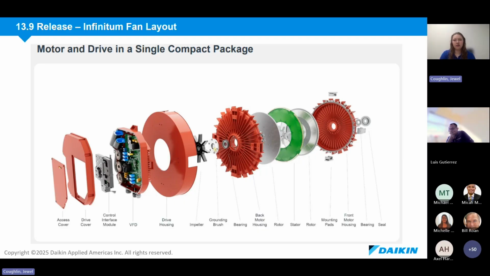And then this shows an exploded view of what the Infinitum motor looks like. On the front end of the motor, you can see the VFD assembly. The VFDs are the most common failure point in traditional EC fans as well as Infinitum fans. But on a traditional EC fan, the VFD is integral to the fan assembly. So if the VFD fails, you have to replace the whole fan. But with Infinitum, the VFD can be easily removed and replaced simply by unscrewing 8 bolts and reattaching a new